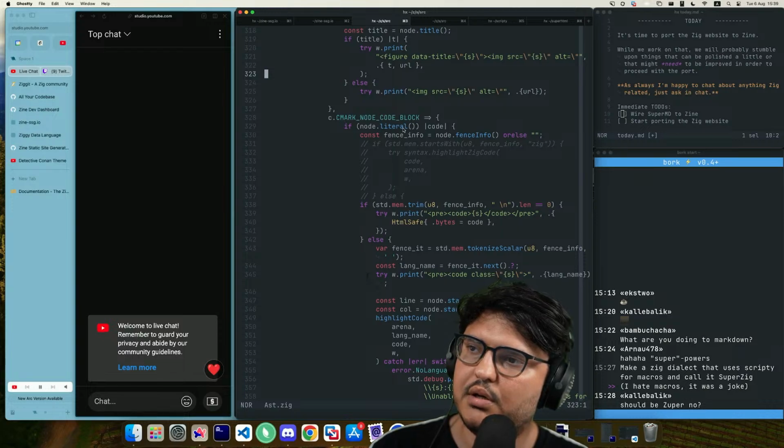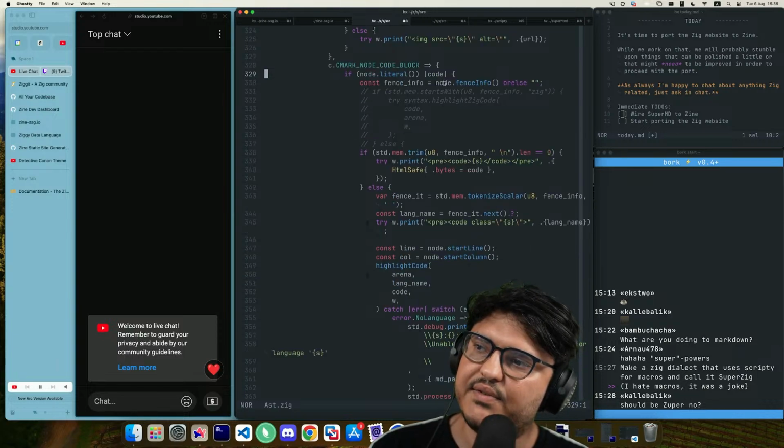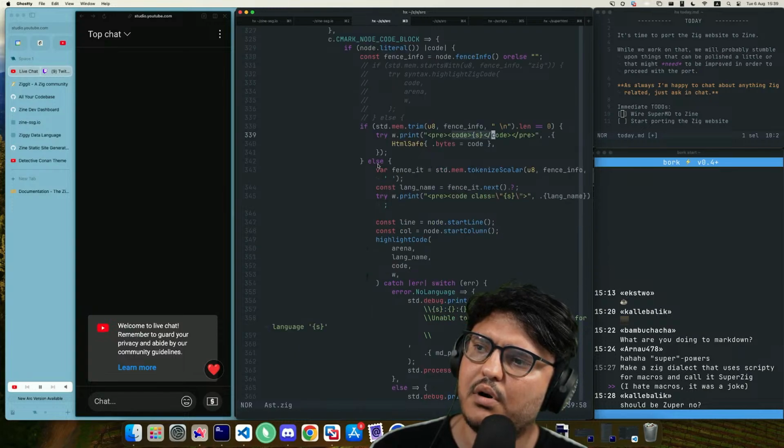Code block. Look at the fence. Make pre-code. We should put a class here that says which. Oh no, we do. Okay. No fence means pre-code, no tag at all.